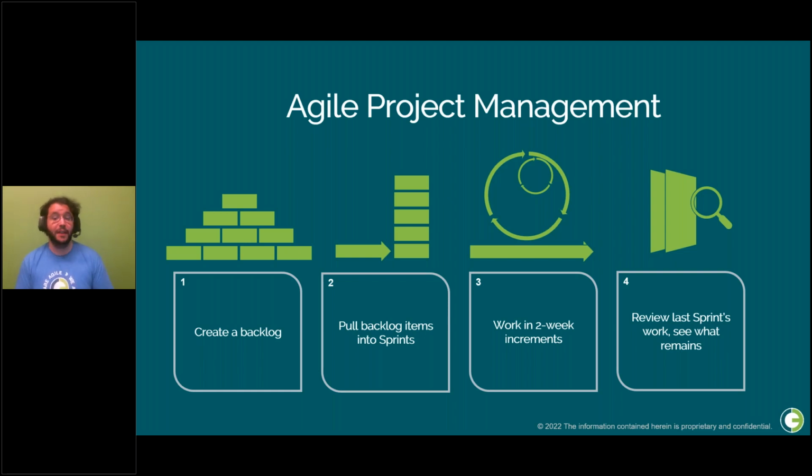This means we decide on what we want to accomplish over the next 2 weeks and we stick to it. This ensures that our implementation team has clear goals in mind and we won't deviate from them because of unplanned work being pulled in. And then once those 2 weeks are done, it's back to the backlog. We see what remains, and then we will continue to repeat the process until your implementation has concluded.